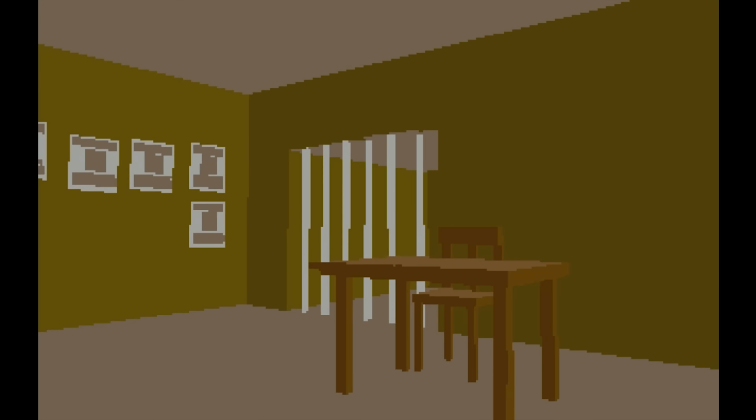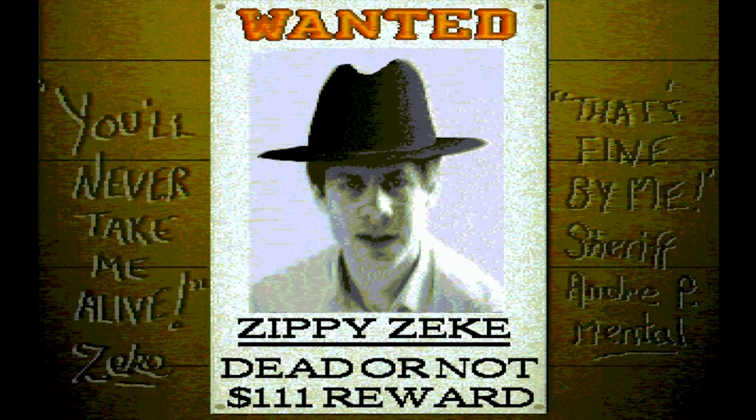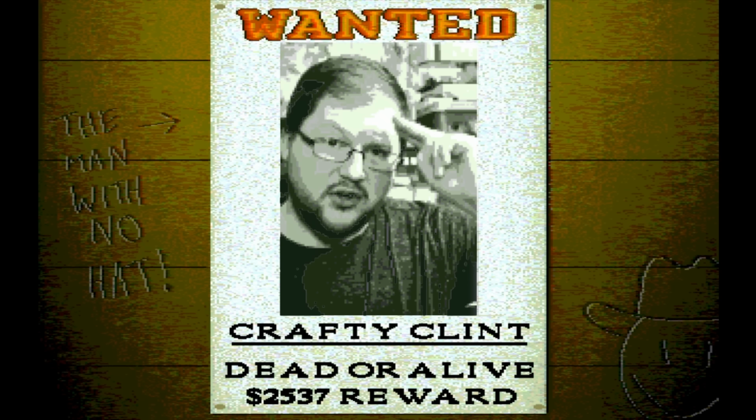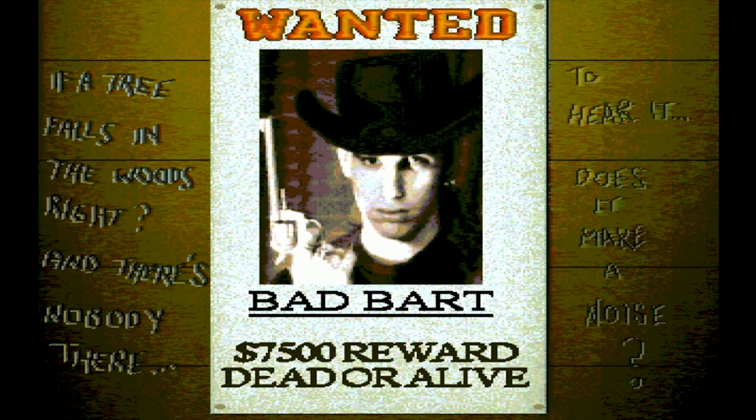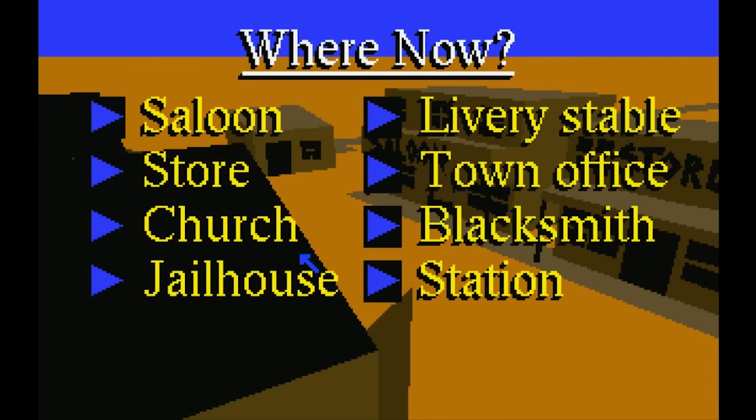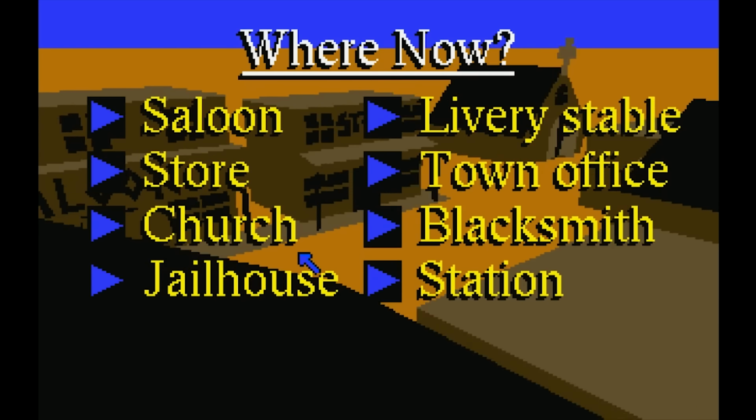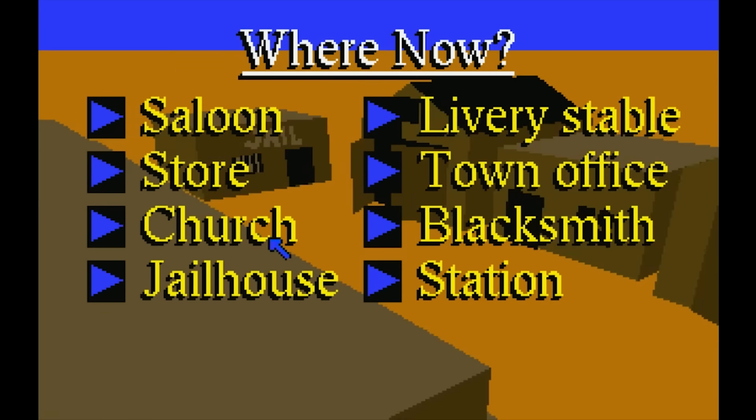The next place I venture into is the Jailhouse, where we're able to see a handful of wanted posters of people we either have killed or presumably will kill. They all seem to be a bit younger than I would imagine. After that, I thought the church would be a nice, quiet place to head next, but,